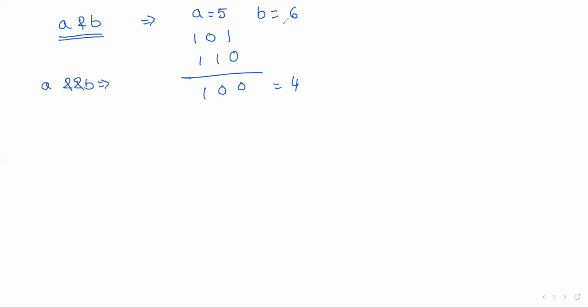Suppose A double ampersand B, with the same A equal to 5 and B equal to 6. In this case, what is the answer? Remember, for logical operators, the result is true or false, so the answer is 1. Observe the difference. A single ampersand, that is bitwise AND, converts the decimal into binary and then performs the operation bit by bit, and the result is again in decimal format. Similarly for exclusive OR. Now the two most important things are left shift and right shift.